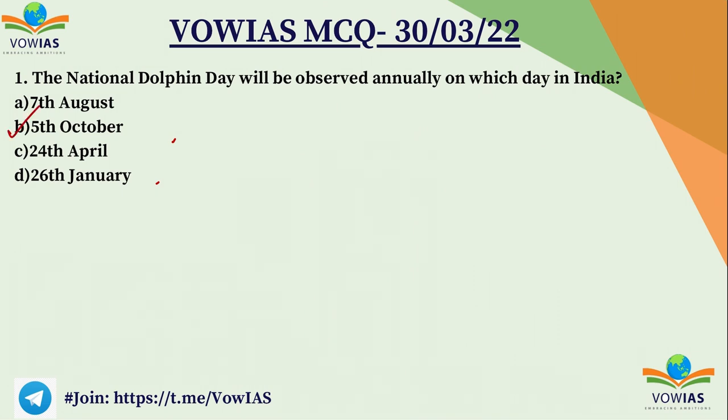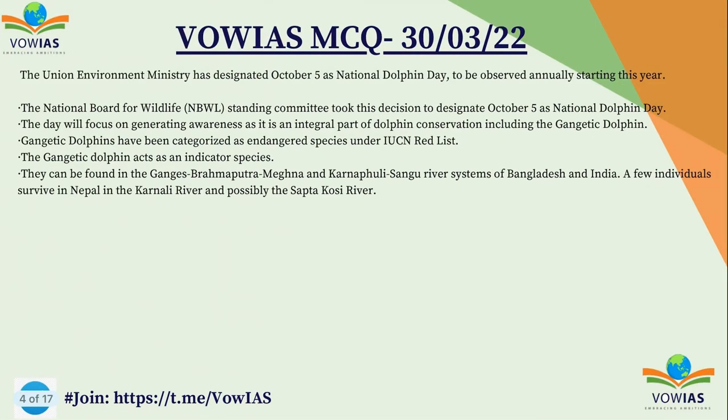5th of October. So recently the Union Environmental Ministry has designated 5th of October as the National Dolphin Day. That's why this was in news. The National Board for Wildlife Standing Committee took this decision to designate 5th of October as the National Dolphin Day. Because by focusing on this, this will generate awareness. And because of this, the conservation of dolphin can happen, because the gangetic dolphin, if you see, it is categorized